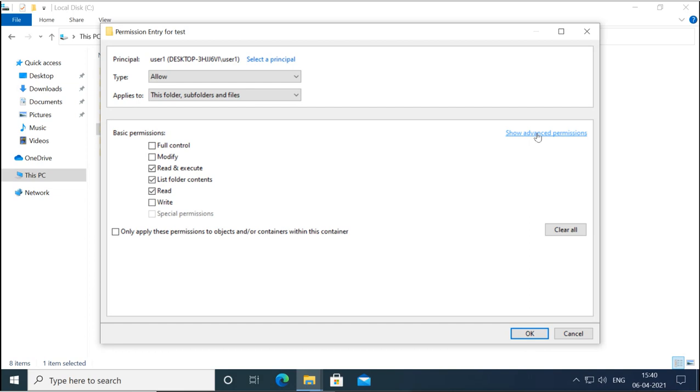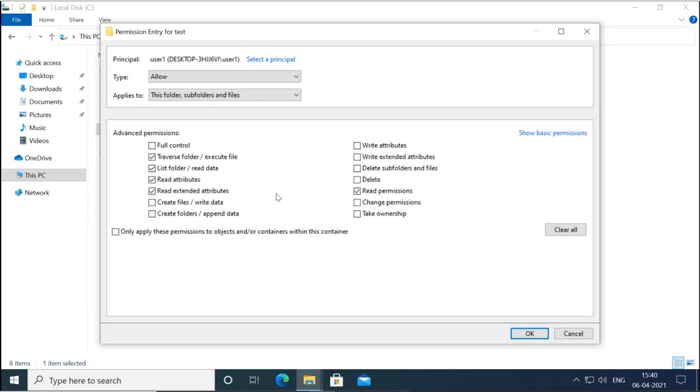Now remember, it is saying read, write and read, execute, list folder content and read permission. Now if I click on advanced, then it will show you detail, that this means traverse folder, that is you can go into the folder, list folder, you can read the attributes, you can read the extended attributes, and also you can have read permissions.